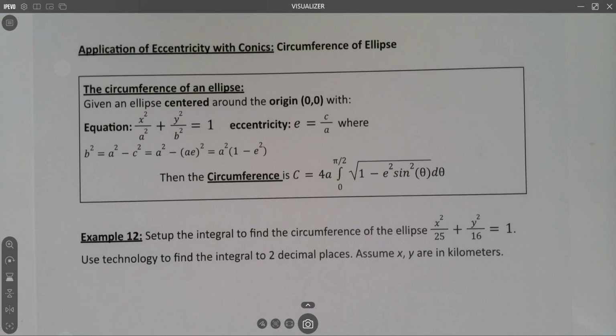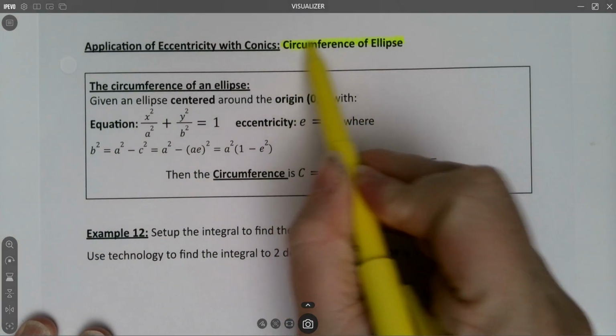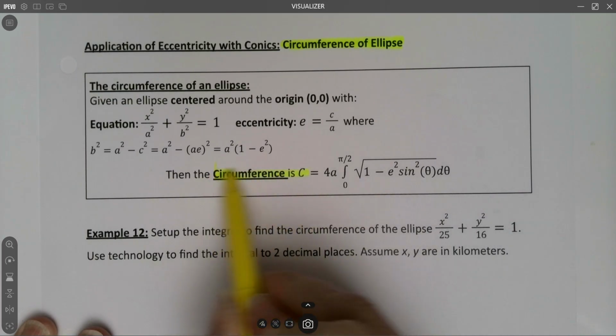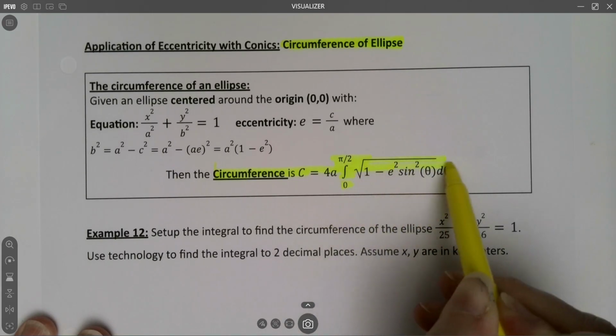Let's look at an application of eccentricity with conics. Namely, we can use the eccentricity to find the circumference of an ellipse. The circumference of an ellipse has this formula. I'm not going to derive it. You're just going to have to believe me. That it's equal to